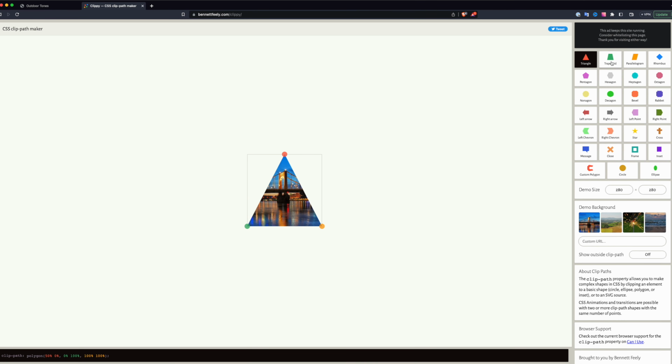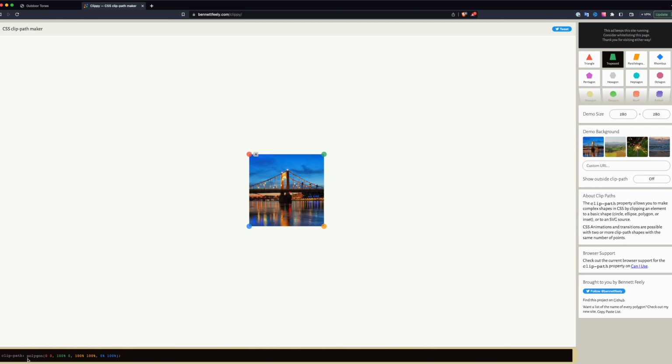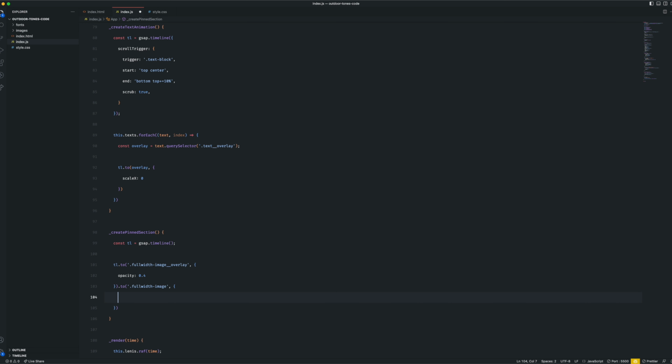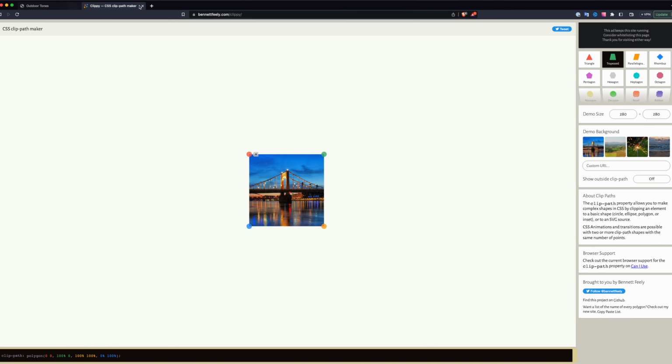I went to this one again and reset all the corners. Copied this and just added a percentage behind each of the zeros, because sometimes it doesn't read well if you don't have that. So that's what I added here. And if we check that out,